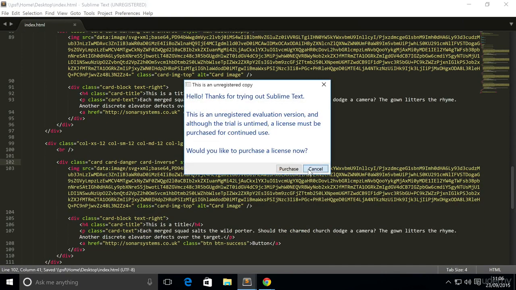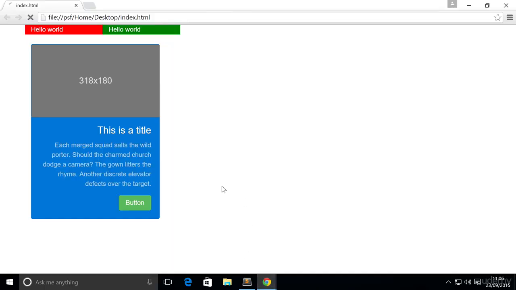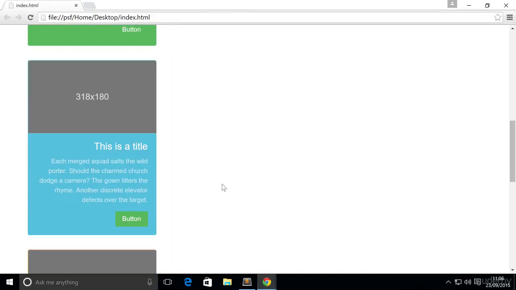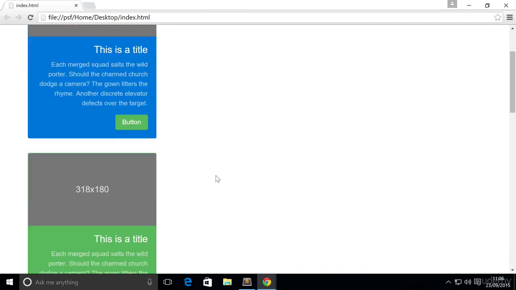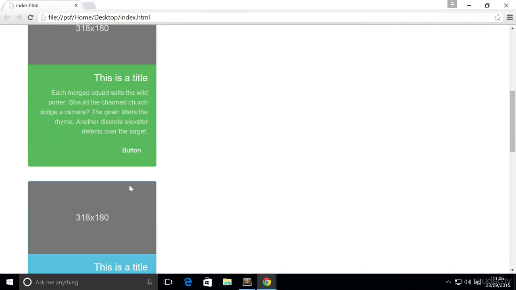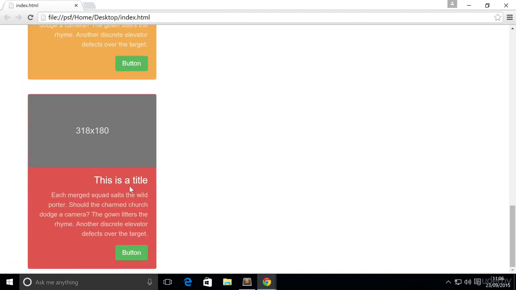Now we're ready to refresh our browser. Refresh, and there you go. We have 5 different cards, and as you can see, the color is different for every single one, and like I said, they match the styles that you will have used for, let's say, the button, for example,